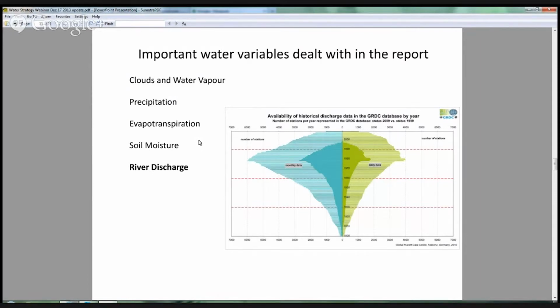The challenge really comes when we come to the topic of river discharge. This graph shows the data which are being accumulated in the Global Runoff Data Center on a year-by-year basis. And it represents the in-situ measurements of river discharge. You can see that in the 1980s, which is roughly what this peak applies to, there was a lot of data coming in, but now in more recent years, there's not as much data coming into the Global Runoff Data